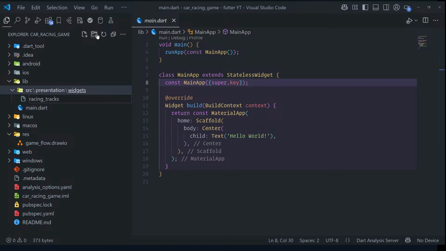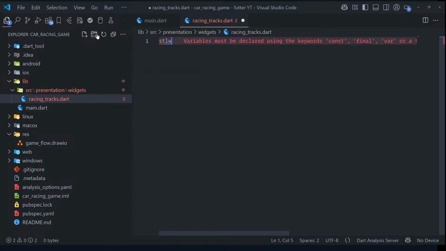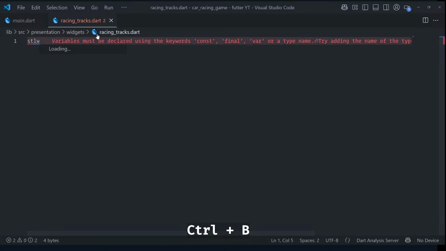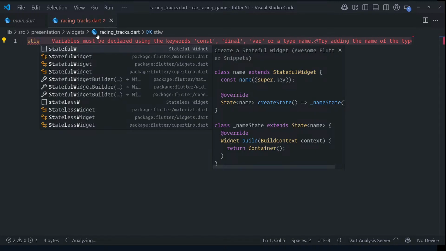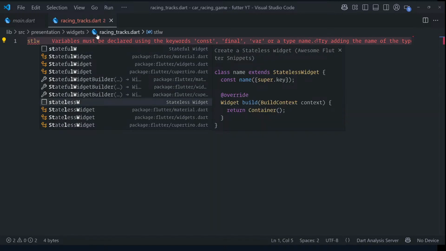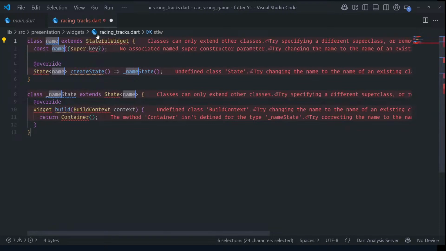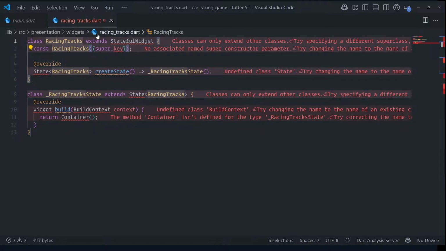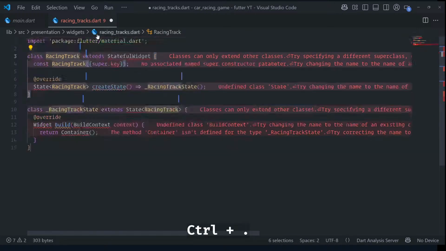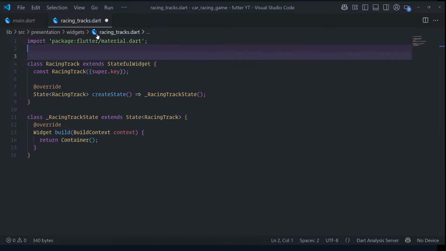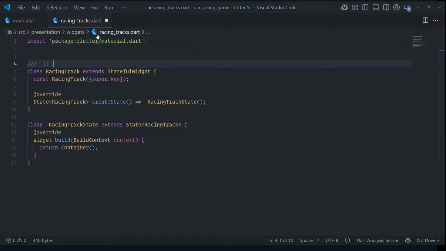So we can name it racing track.dart, and it will be a stateless widget. Let's hide that thing. It will be a stateful widget. Yes, a racing track. We can just name it as a singular. We don't need a plural. So what it does, it just shows the racing tracks